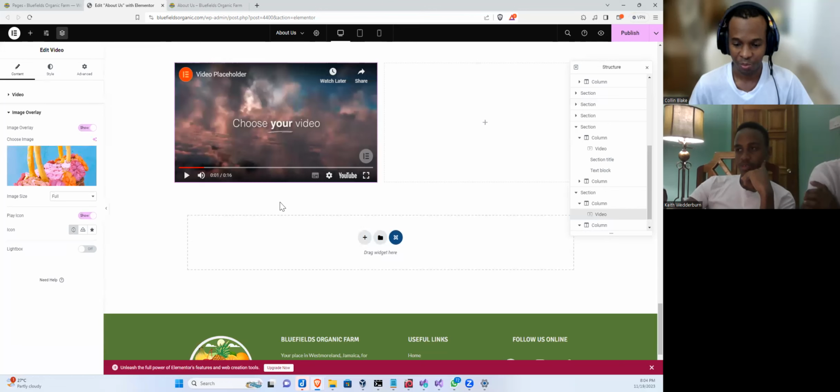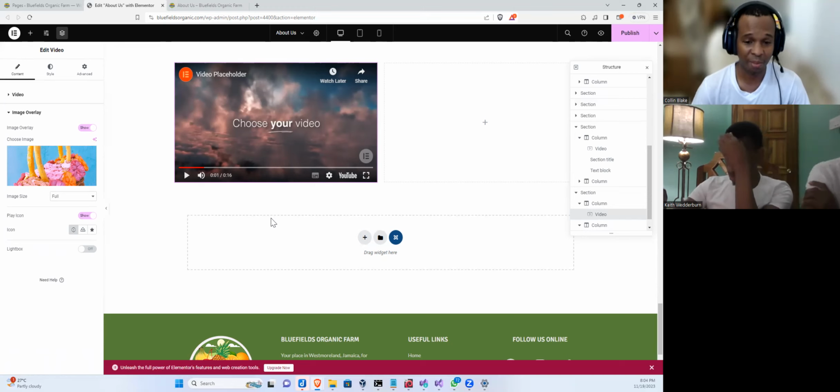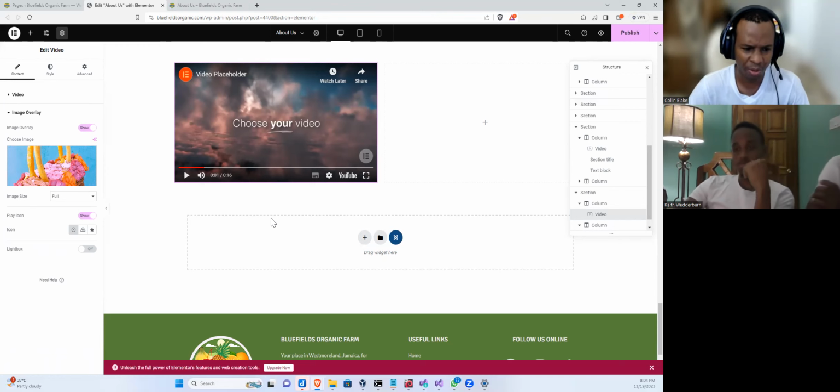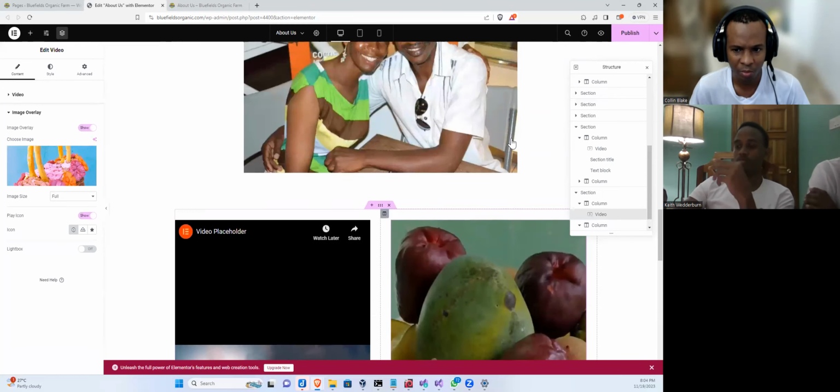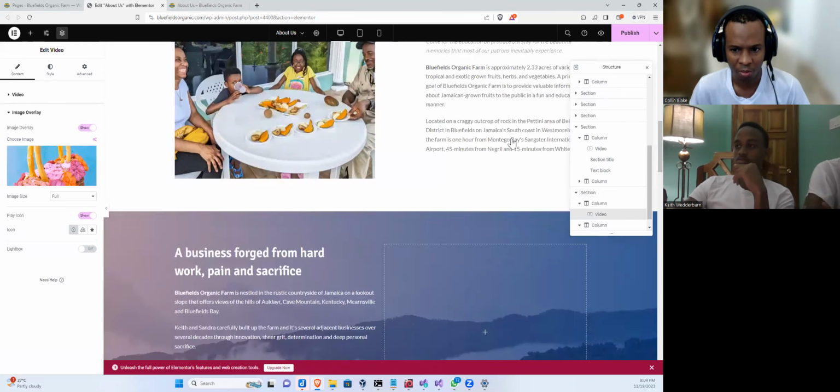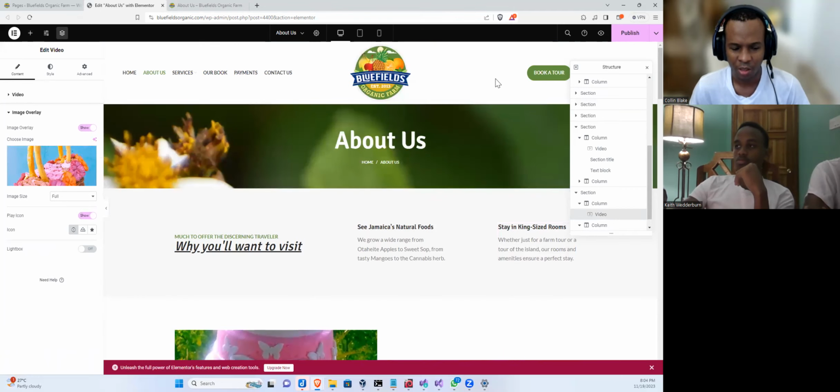All right, so that's mostly how we edit with Elementor. I want to show you just one thing on the page as well outside of this. Can you scroll way back up to the top for a second? I want to show you something. Yeah, so where it says here "About us," I want to show you that you can also remove that. That is actually the page